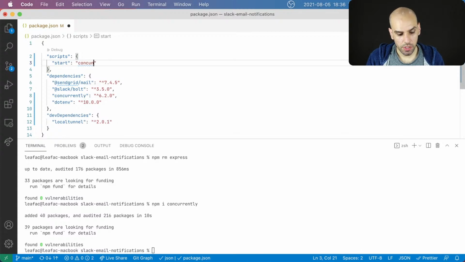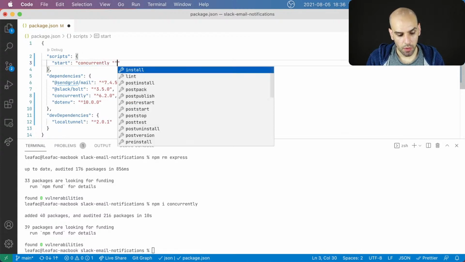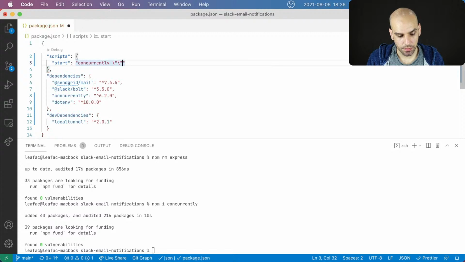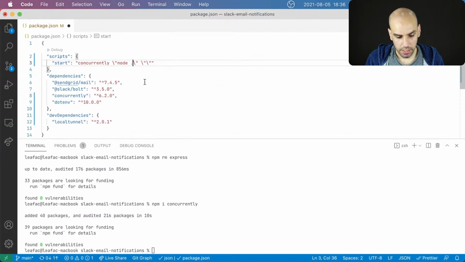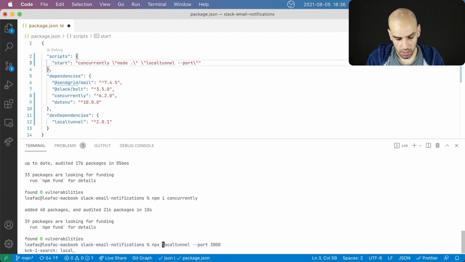So concurrently, I want to start my server. So this is just running the index file. And then I want to run localtunnel on port... How did I run this exactly? So localtunnel on port 3000.